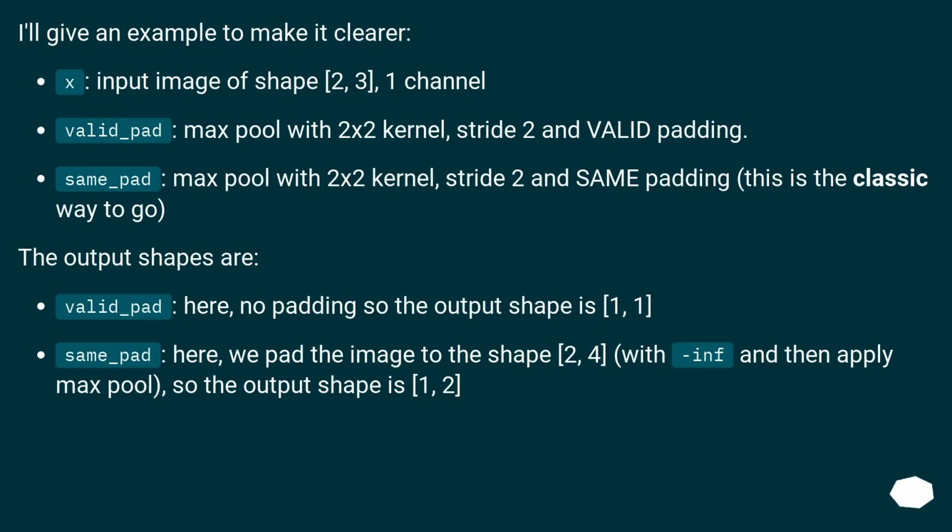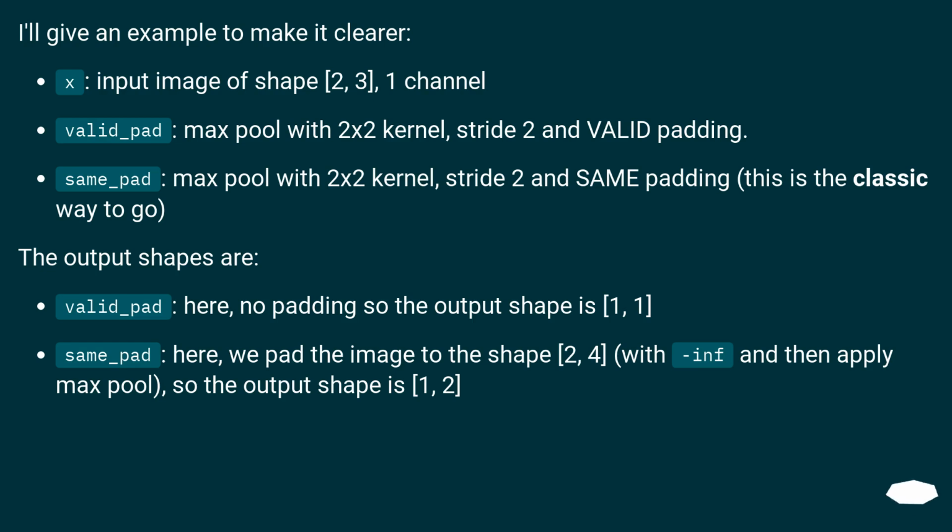I'll give an example to make it clearer. x, input image of shape 2, 3, 1 channel. valid_pad, max pool with 2x2 kernel, stride 2 and valid padding. same_pad, max pool with 2x2 kernel, stride 2 and same padding. This is the classic way to go. The output shapes are